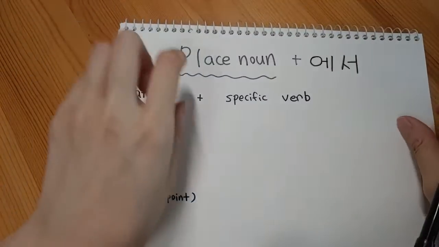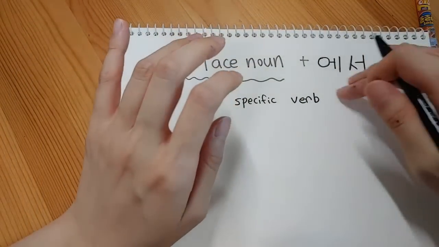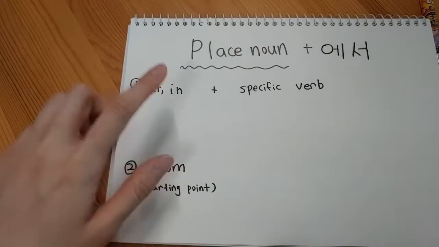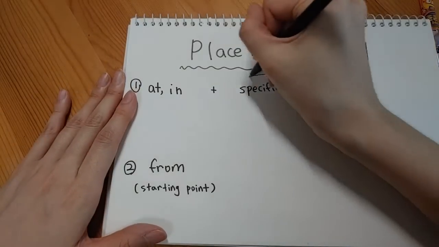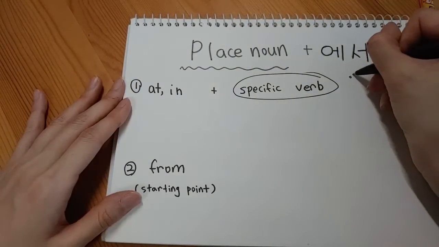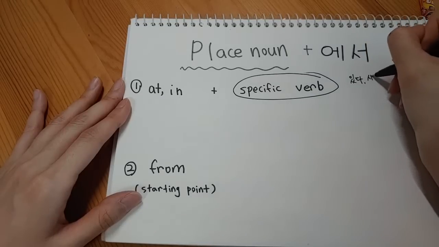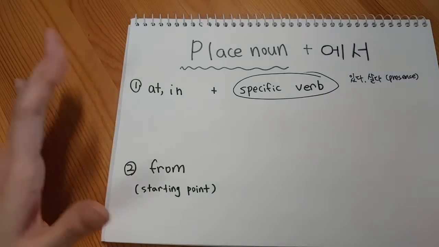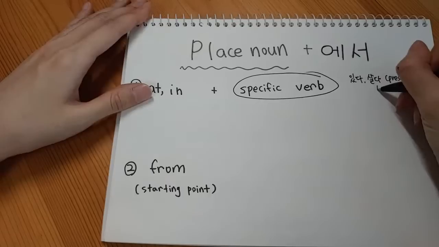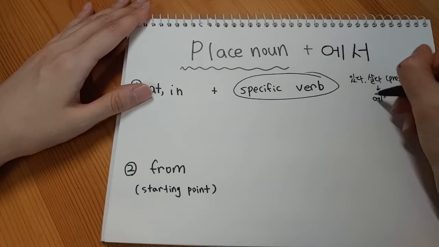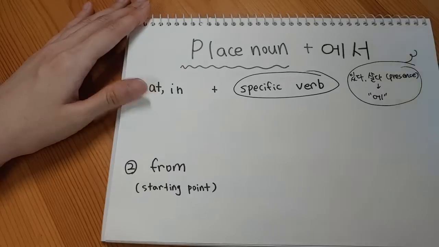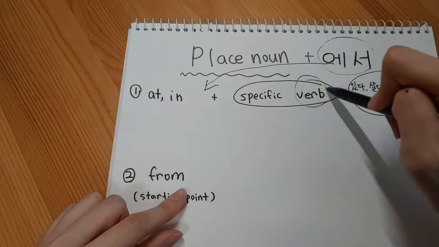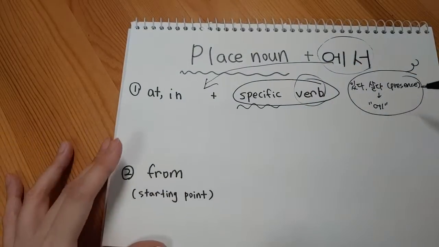And moving on to 에서, so place noun. So when 에서 is followed by a place noun, it also means at or in, just like 에. However, the verbs that can follow are different. So the verbs like 있다 or 살다 that indicate the presence are usually, or mostly, or all the time, followed by 에, right? However, with 에서,